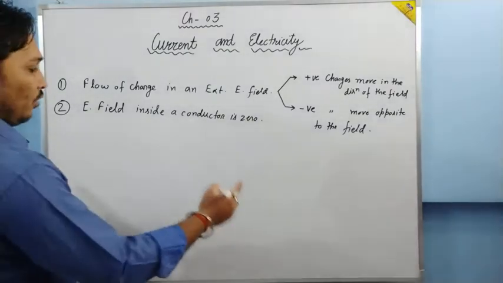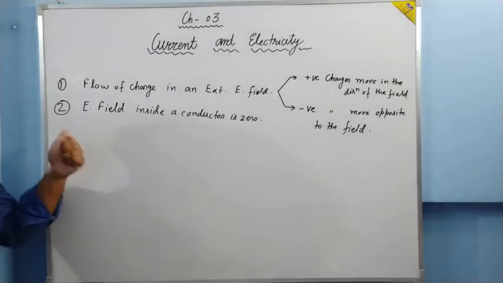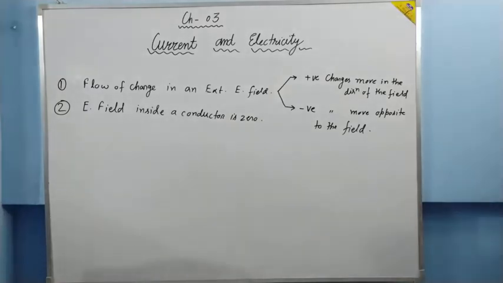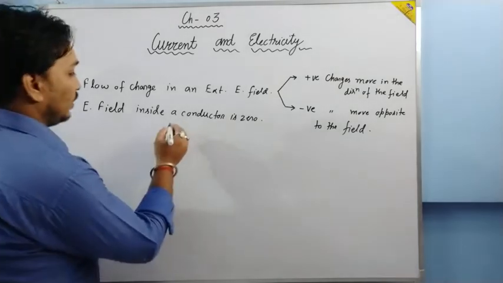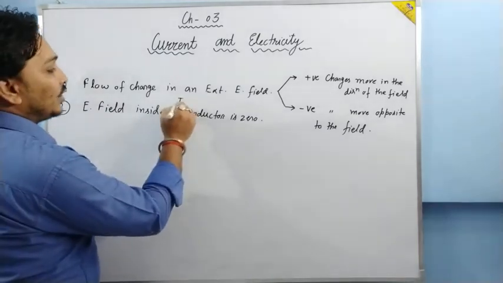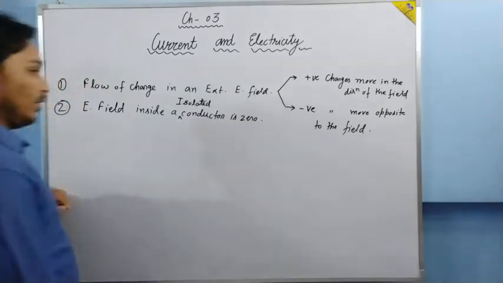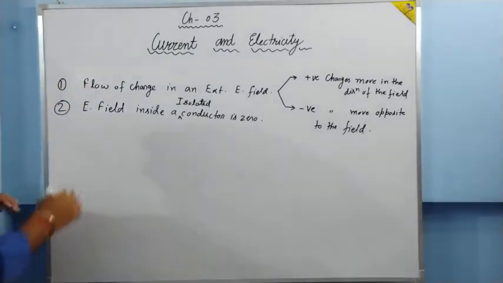You have already studied this in chapter number 2. Before starting the capacitor, we discussed 6 points, and this point is one of them. I am going to add a phrase to this sentence, and that phrase is isolated conductor. Isolated conductor. What does it mean?